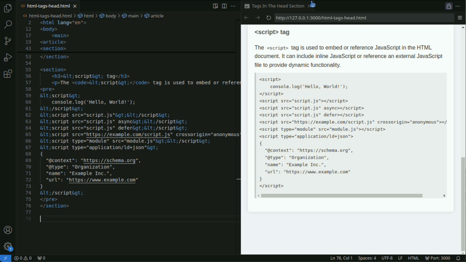The script tag can use the type attribute to specify the type of script. By default, JavaScript is used, but you can also specify certain types of scripts, e.g., module type JavaScript or template language.